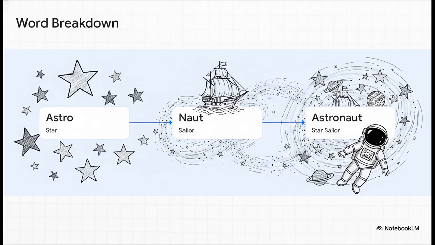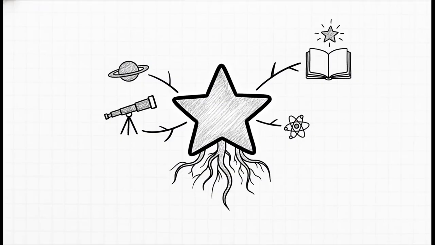Isn't that incredible? A person who travels in a space shuttle is, fundamentally, just a sailor navigating the stars. And this brilliantly illustrates our main point today. Think about heavy academic words like astronomy, astrophysics, astrology. You don't have to memorize each word individually anymore. You just need to know their family history. Take astrology, for example. You add ast to logi, which means study of, and instantly you know it means the study of stars. One root unlocks dozens of complex words. It's a real game changer.